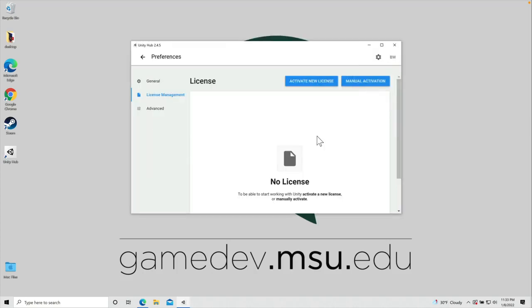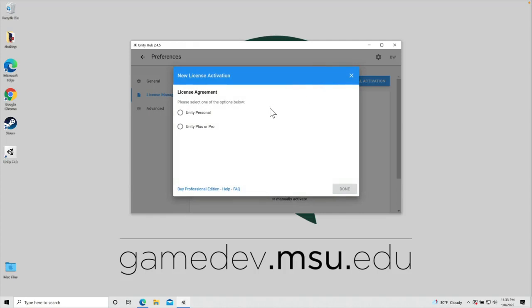Okay, the next thing that you'll need to do is activate a new license. So let me go ahead and click on the Activate New License button. It's going to ask what type of license you want. You'll want a Unity Personal license, and then you have to specify that you qualify for a personal license. So either your company or organization earns less than $100,000 a year, or you're not using Unity in a professional capacity. So as a student, I would probably pick